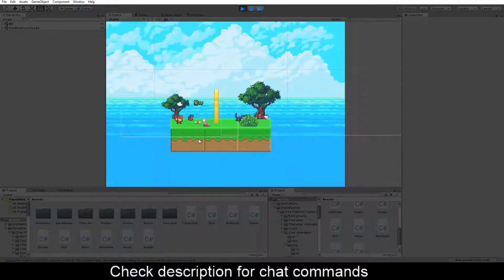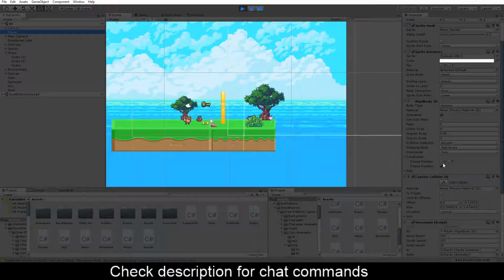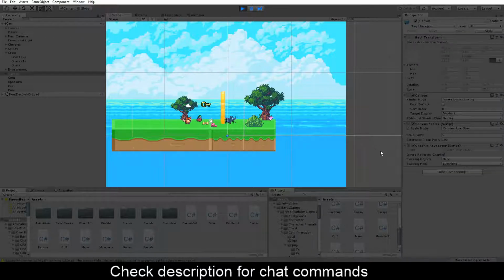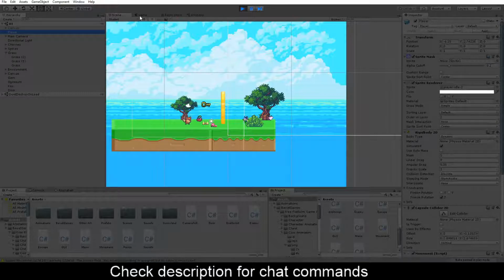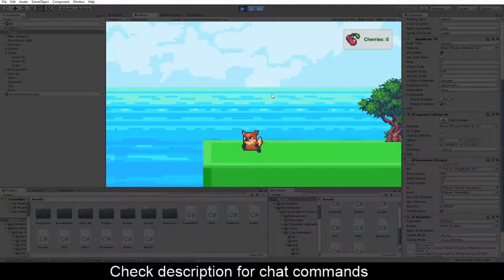Okay, the state of the game, just drag this out a bit. Go to the player, add this limit over here, so like 10. And we are regaining the stamina right now. Okay, let's just hit player so we can see. Okay, so we are sprinting right now, and then